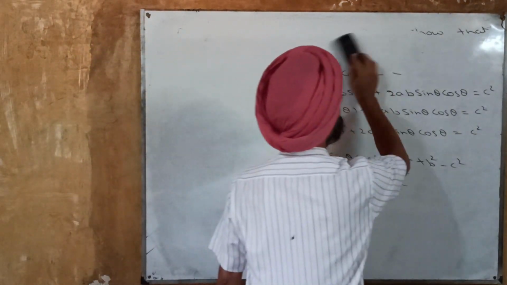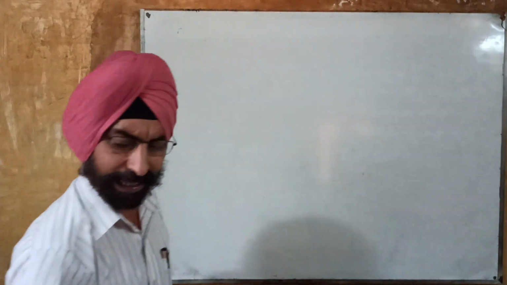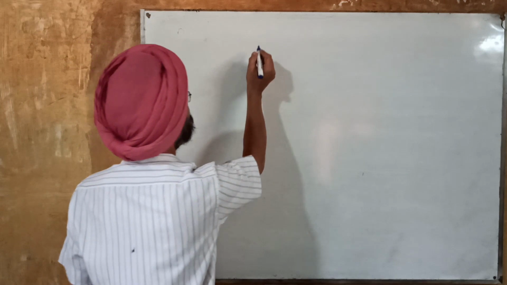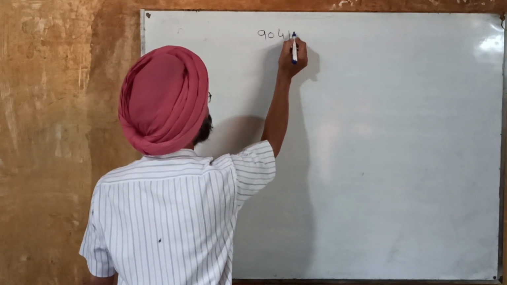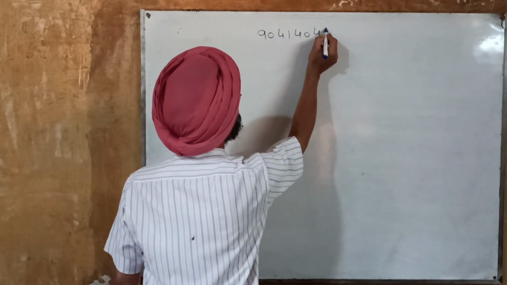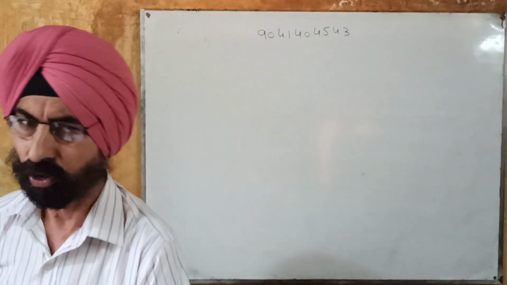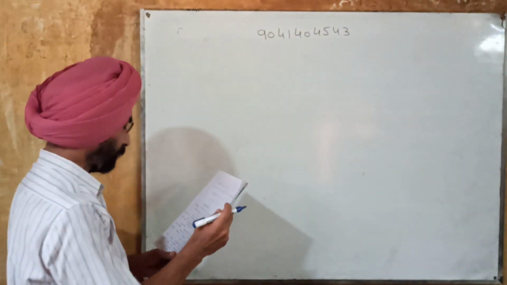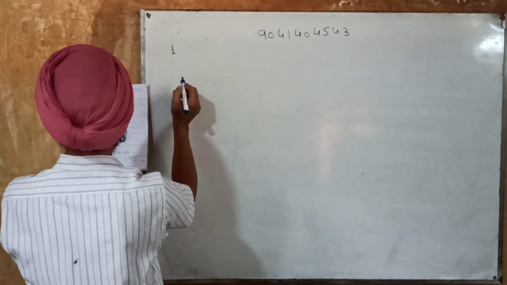And now it is time for the assignment. I am going to give you the assignment, and on the top of the assignment I am going to write my WhatsApp number first, so that if you get any problem you can contact me on this WhatsApp number for the solution of these problems. So the assignment's first question is,